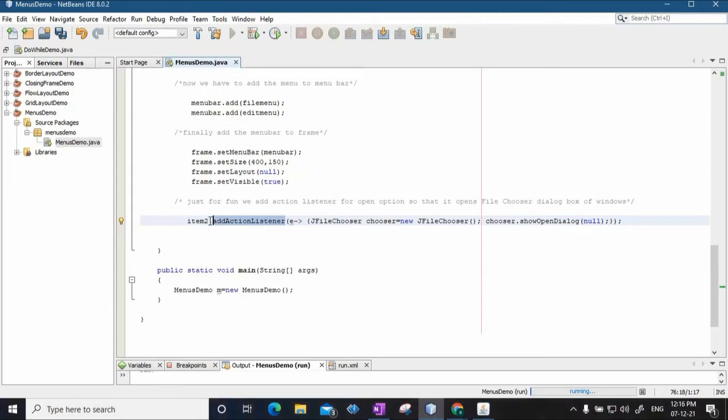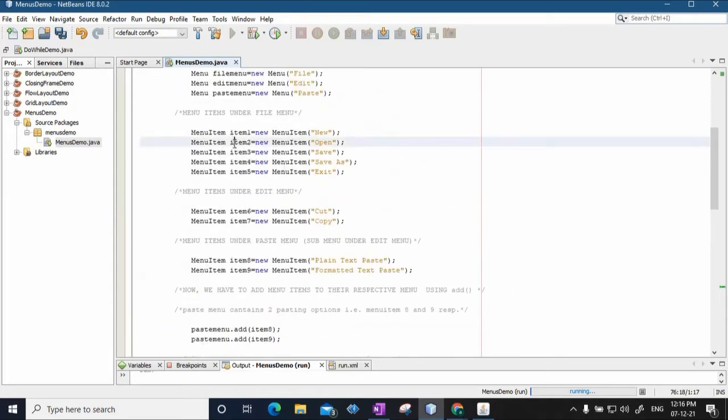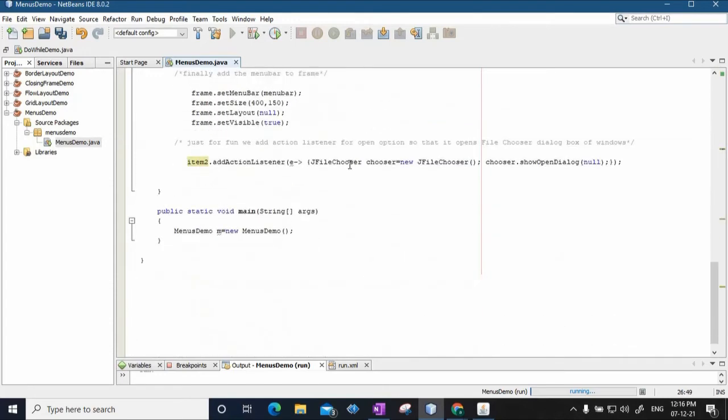What is item 2? Item 2 happens to be open. So what I am saying is, if I click on open, what should happen? In the brackets of that method we are giving input here. This is called a lambda expression. We are going to discuss lambda expressions later on, but I am just showing you.